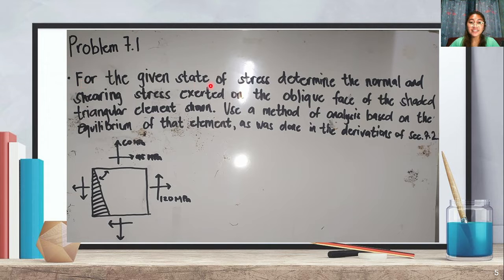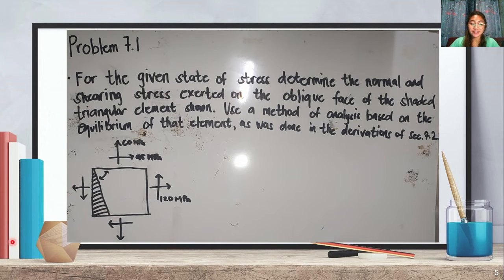For the given state of stress, determine the normal and shearing stress exerted on the oblique face of the shaded triangular element shown. Use a method of analysis based on the equilibrium of that element, as was done in the derivations of section 7.2. So this is the given figure, and we have to solve the